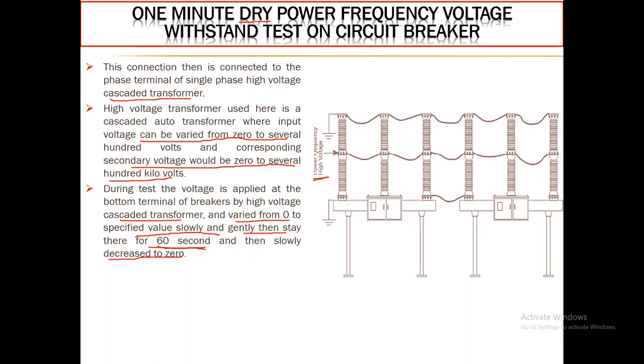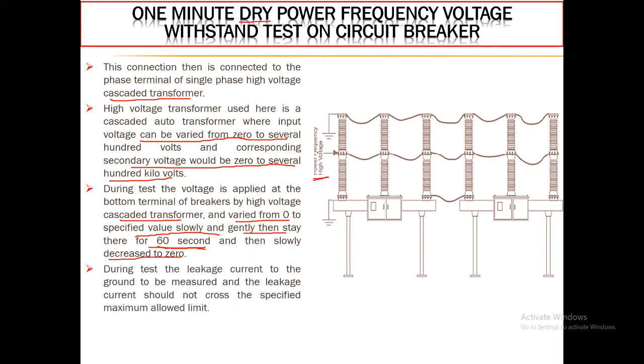After 1 minute of time, the voltage is increased from 0 value to the required test value, and then the timer is switched on for 1 minute of time. During that 1 minute, if you find a flashover situation, the sample fail indication will glow up. If nothing is happening, then the sample pass will glow up. It means that the insulation under the dry condition and wet condition has satisfied its capacity to withstand the applied over voltage stress.